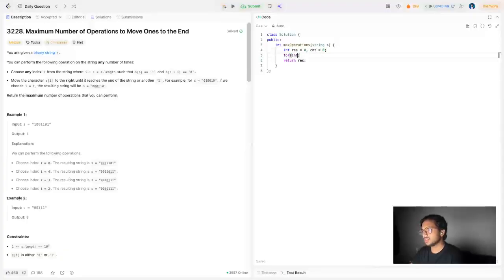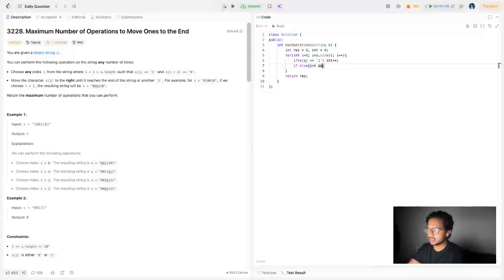Then I'll say for int i is equal to 0, i less than s size, i plus plus, and then I'll say if s of i is equal to 1, then count plus plus. Else, i has to be greater than 0, and